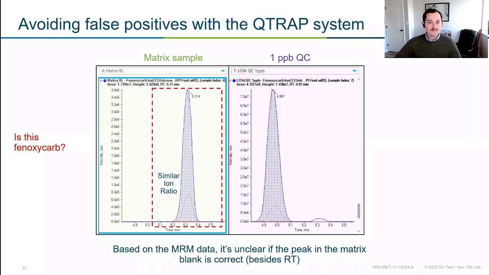So maybe my column is just getting a little old, or maybe there was something different about this injection that caused a little bit of an earlier retention time. Again, this 12 seconds would be a cause for concern. Usually we like to keep it plus or minus 6 seconds, but still, me as an analyst, I'm not overly confident that this isn't phenoxycarb. I surely wouldn't want to make a mistake and have this batch go out to consumers who then would consume what appears to be a large amount of this pesticide. So we did our EPI experiment.